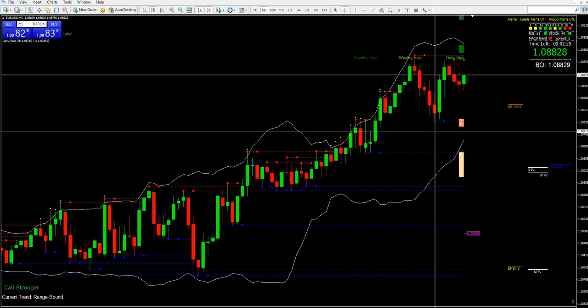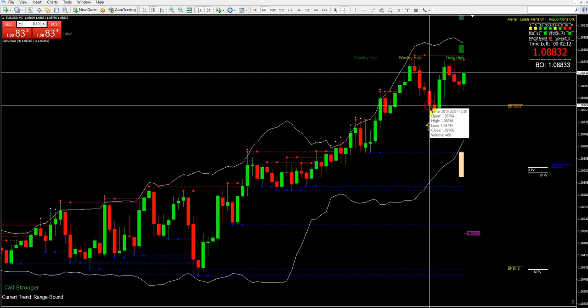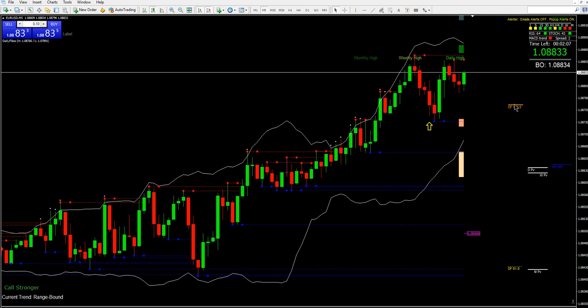which this one did it and this one didn't. So let's focus on this one and see if there's anything we could do with it. Let me mark. This is our first overbought, oversold, right here. All we had on it was daily 50 100 overbought, oversold. So we had only one level of confluence on it.